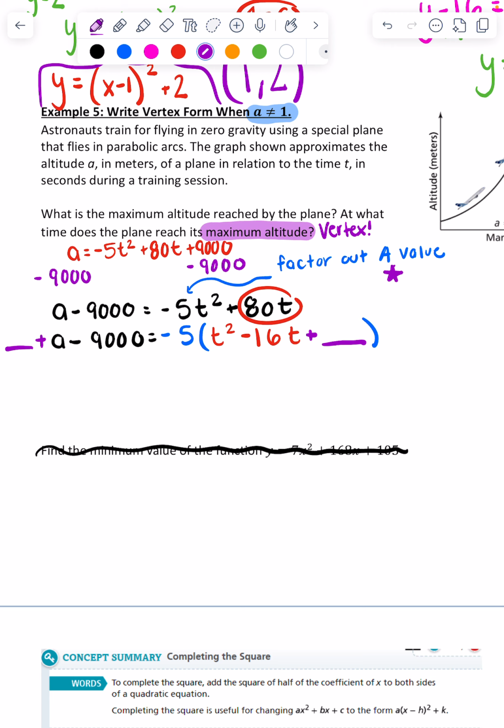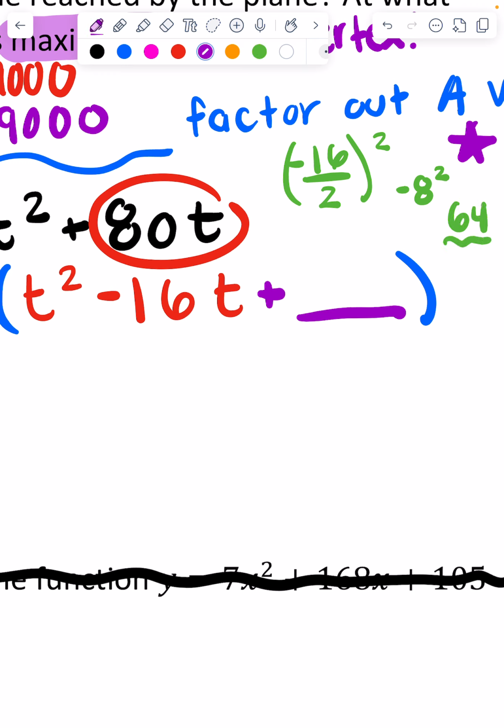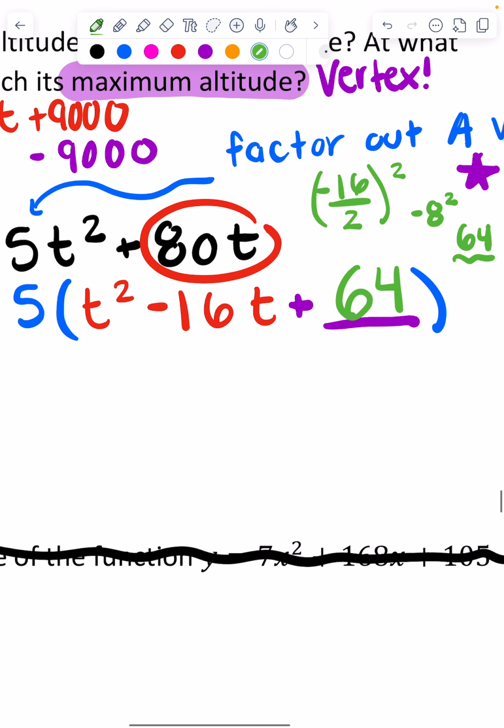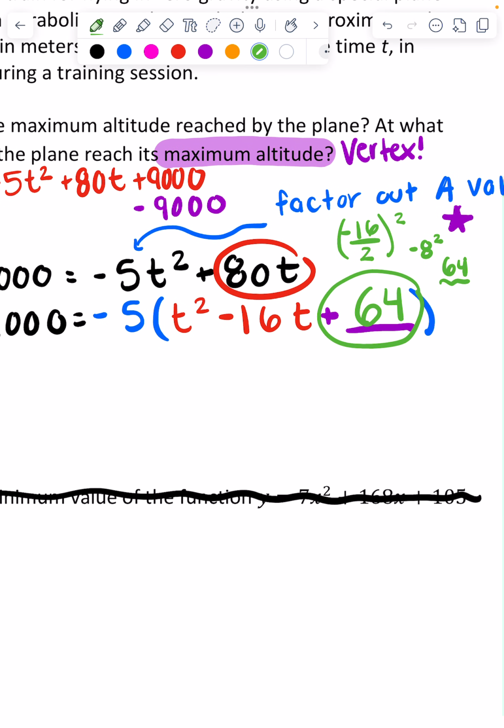All right, so let's go ahead and focus in over here. We have a new b value, and we want to use that to find our perfect square, our magic number that will go on the purple blank. So to find that, we do -b divided by 2 squared. -16 divided by 2 is -8. And -8 squared is 64. So that's our magic number, 64. And we can add it in on the right-hand side as long as it's in our parentheses. But really, you guys, what our real magic number is